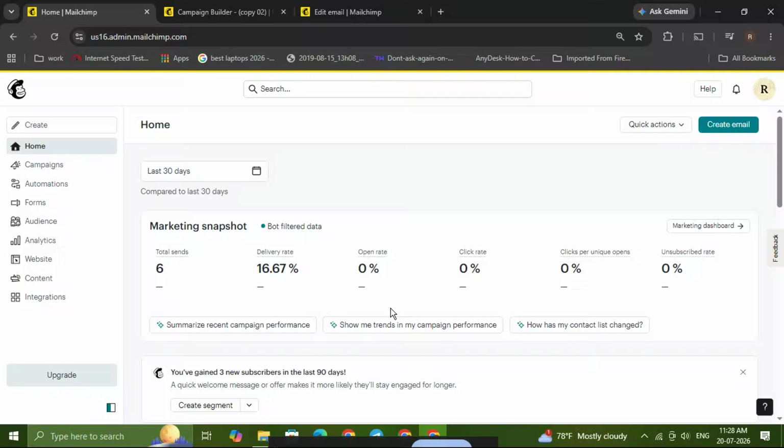If you want to protect your MailChimp sign-up forms from spam and fake signups, this tutorial will show you exactly how to enable reCAPTCHA in MailChimp in just a few simple steps. This is a great way to add an extra layer of security to your single opt-in forms and reduce automated